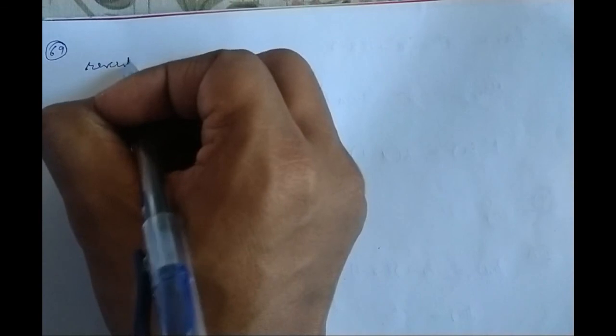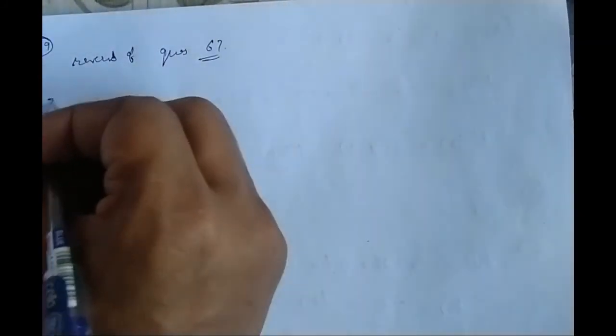The quadratic equation, this has at least one root lying between 0 and 1. Okay, so this is just reverse of question number 67. In that question, a plus b plus c is equal to 0 was given, and we were asked for the range of one particular root, and in this case we have been given that there is a root between 0 and 1, and we have been asked the condition. So a plus b plus c is 0. Moving to the last question, question number 70 of this exercise.